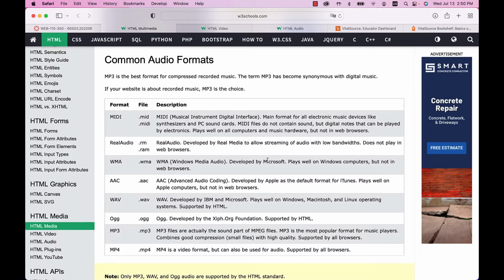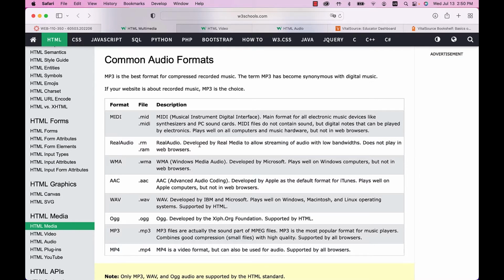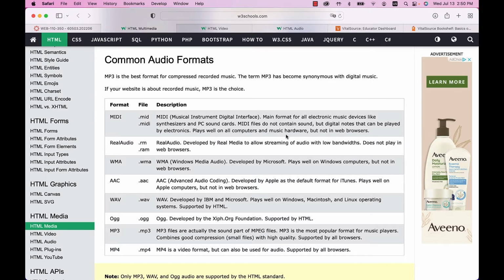So MIDI files, for example, that's Musical Instrument Digital Interface. So let's say that you had a music keyboard that you were using and you were recording a song, and you wanted to plug that into your computer and record a file. It would turn it into a MIDI file. And these used to be used a lot more frequently, and you won't see them as often now. And you'll see it says plays well on all computers and music hardware, but not in web browsers. So this is not something that you would be able to easily use,